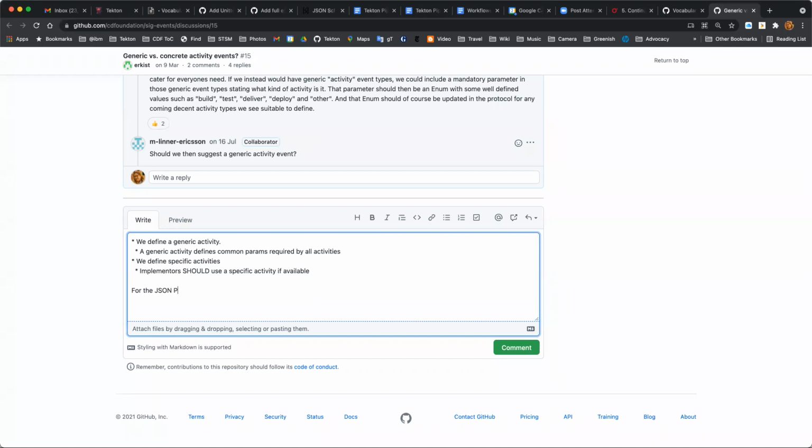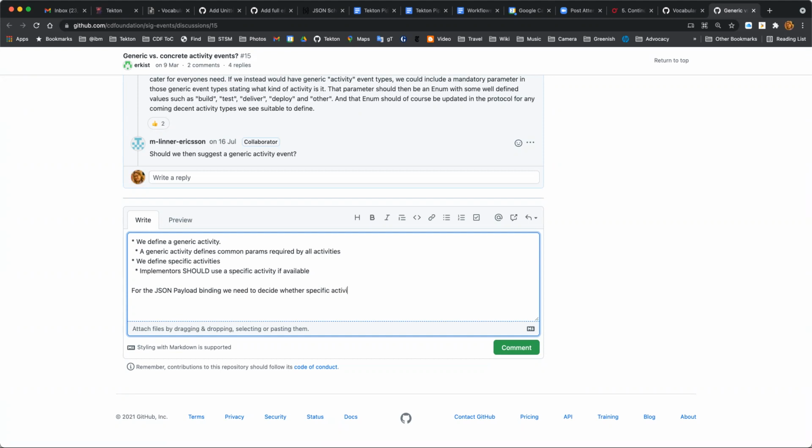So basically, it's like an object-oriented program where you have a base class that would be the basic activity event, and then you have build, test, deliver, deploy, and other ones would be subclasses of it. So I agree, I guess that could actually be an implementation. Yeah, go on. What you're describing could be a motivation for having a